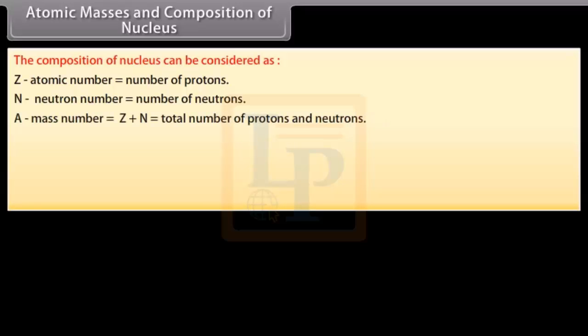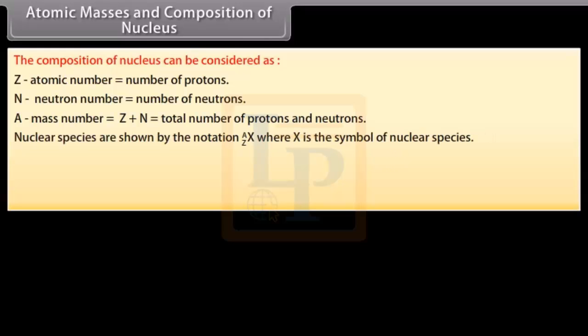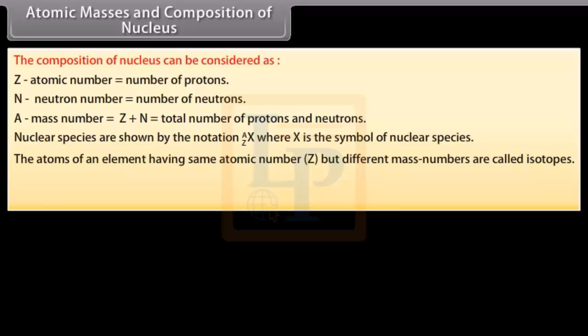Let A be mass number, which is equal to Z plus N, which is equal to total number of protons and neutrons. Nuclear species are shown by the notation where X is the symbol of nuclear species. The atoms of an element having same atomic number, that is Z, but different mass numbers are called isotopes. For example, isotopes of hydrogen are